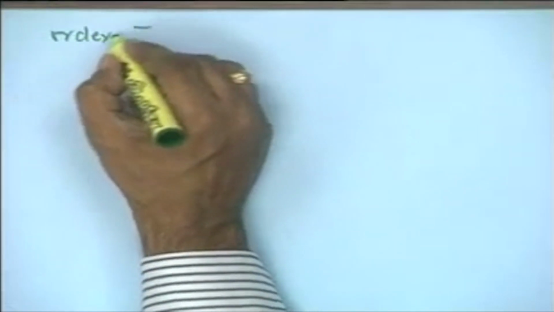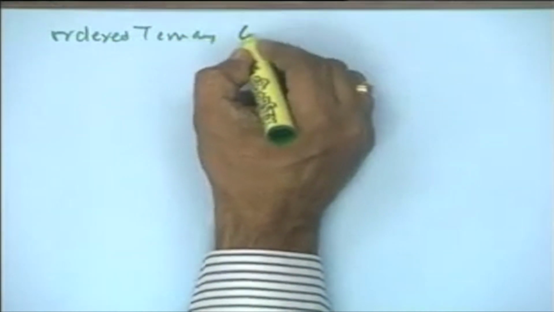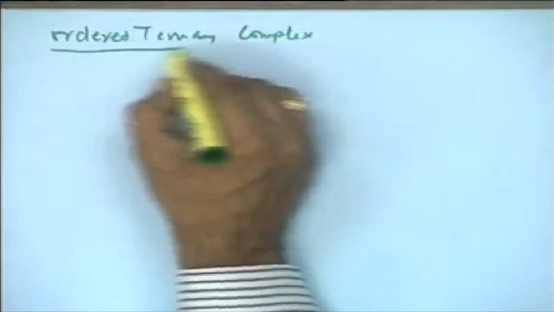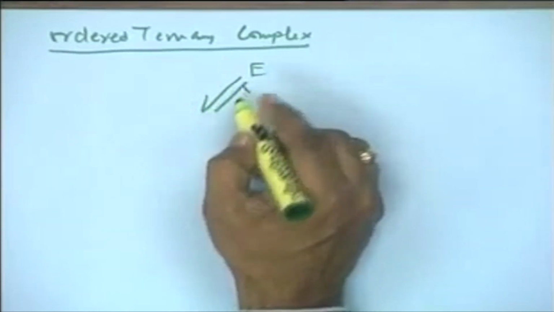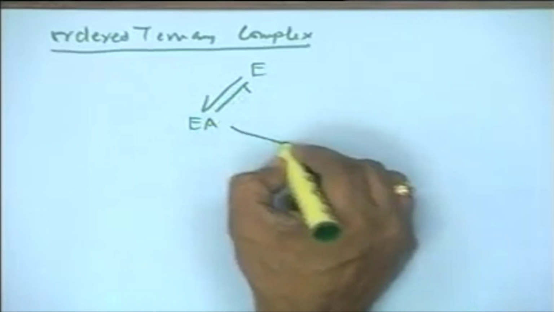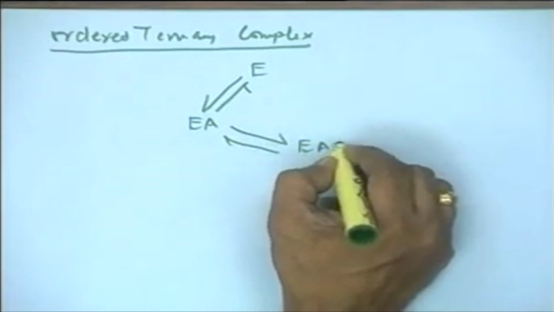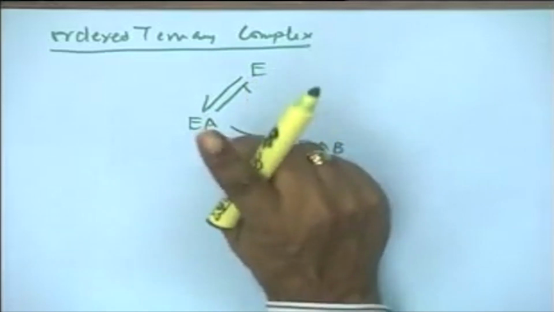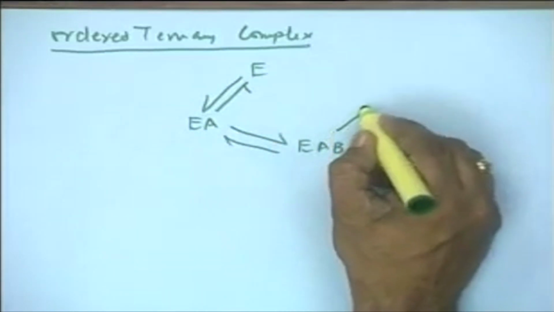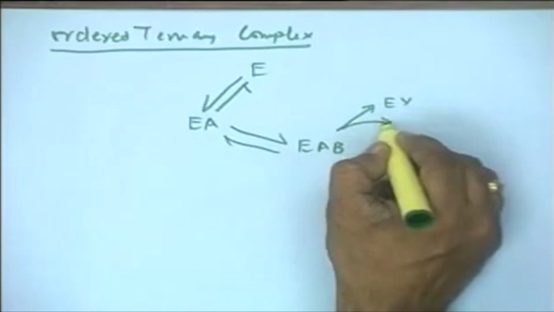Now, with this background, let us take a general case from a binary substrate reaction, particularly for the ordered ternary complex formation. Now, you will recall that the reaction mechanism in this case was expressed as E goes to EA, then EA goes to EAB. Mind that binding of B to E is not possible in the ordered mechanism, we are considering that only A can bind to free enzyme, and then this essentially goes to E with release of the product X,